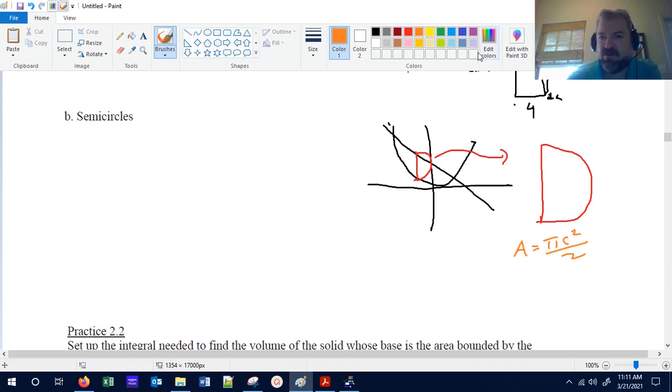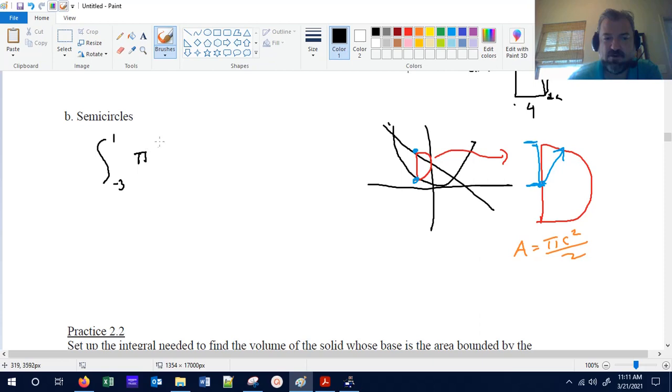But what is the r? How do we find the r? Well, the r is not this entire length from here to here. That'd be the diameter. It's just this length here. It's half the diameter. So I actually have to take the difference between this y-coordinate and this y-coordinate and half it. So this is going to be the integral from -3 to 1 of,